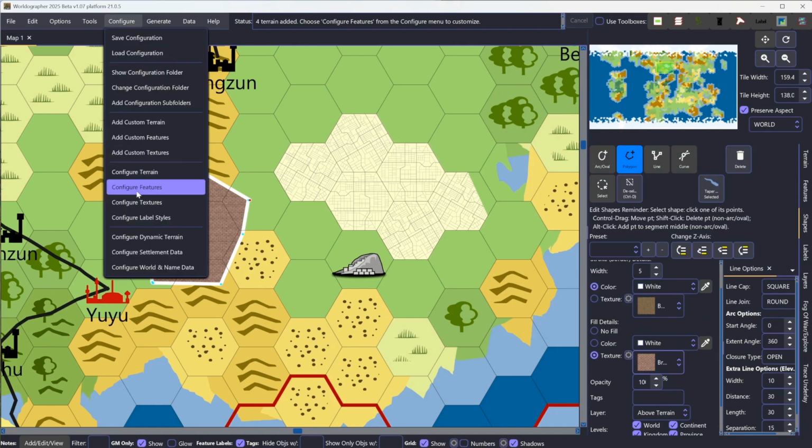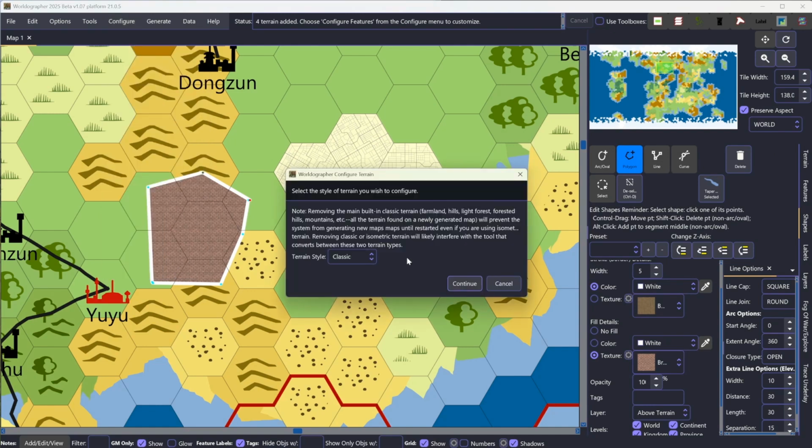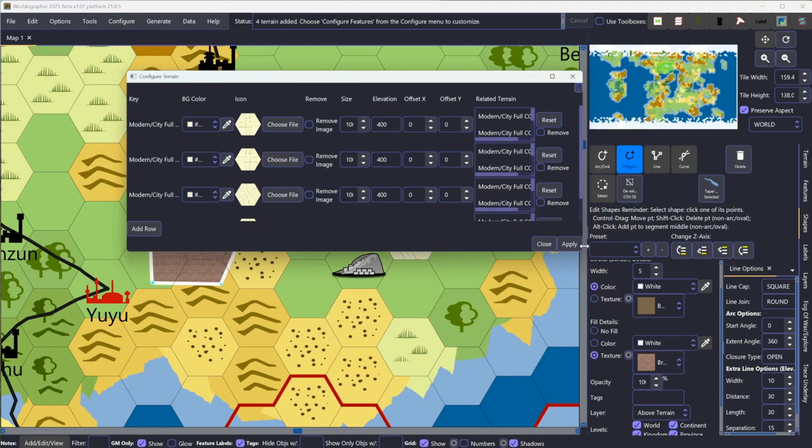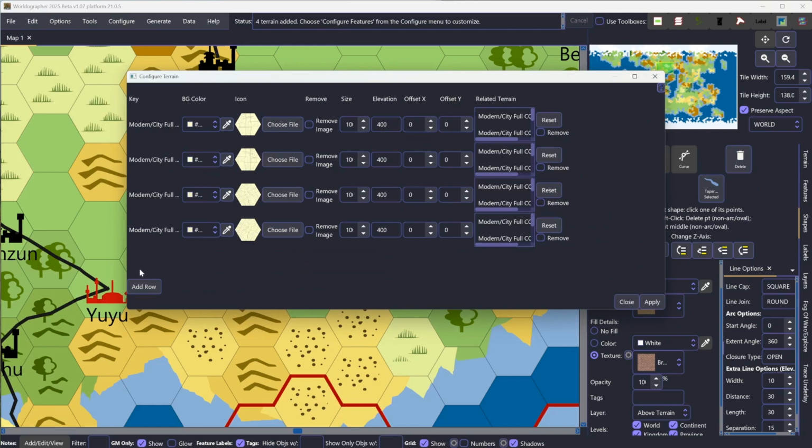And then back up to here for configure terrain and configure features, I can go and pull up configure terrain. And here it's going to ask me, because there's a lot of different terrain and features in the tool, what category do you want to adjust. So let's pick that new modern set. We hit continue here. Now here we have this add row functionality again,